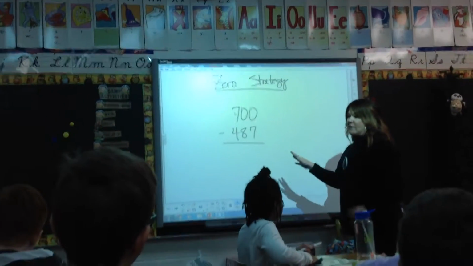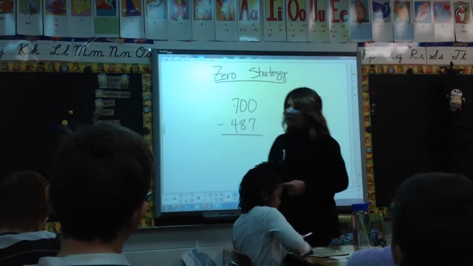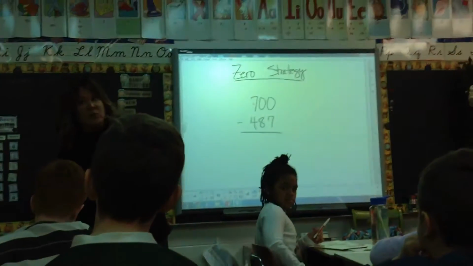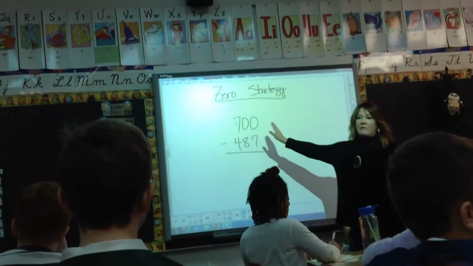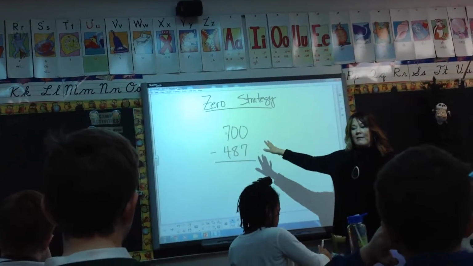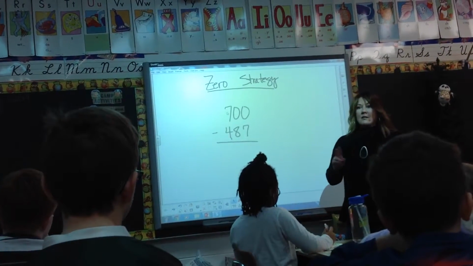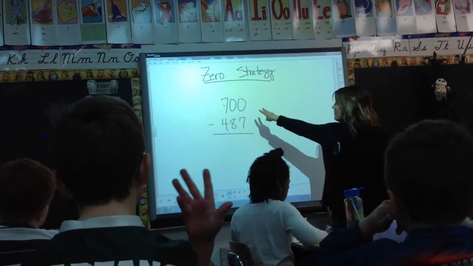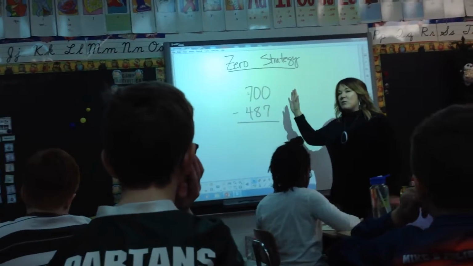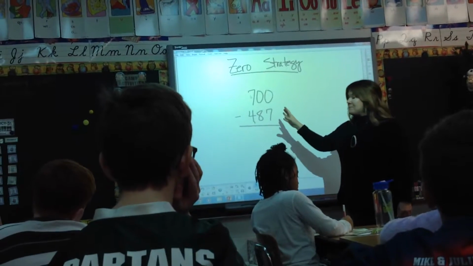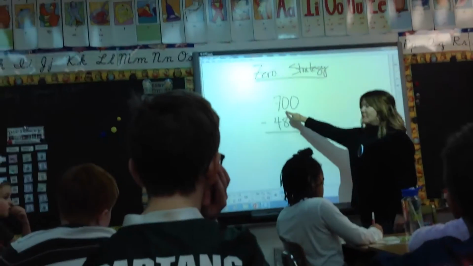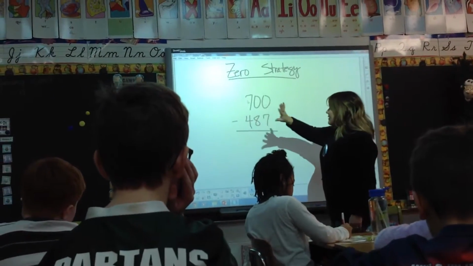Calling the zero strategy. This is a strategy for subtraction, and it's one you're going to want to use whenever you see a zero in either the ones or the tens place of your top number, your larger number. I do not want you using the standard algorithm when you see a zero up top, because you're going to have to do too much regrouping. It's just not as concrete as this idea I'm going to give you. When you have a zero in the ones place or the tens place, it's just not the best